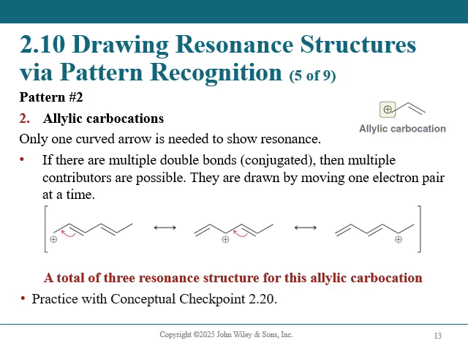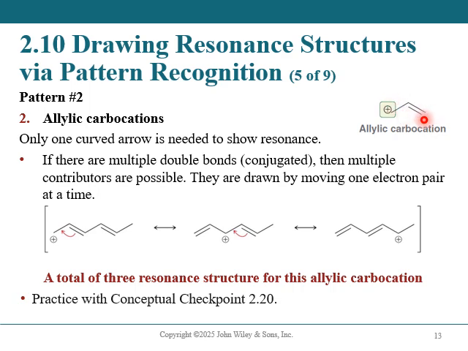Let's look at that second pattern, allylic carbocations. Only one curved arrow is needed to show resonance in this scenario. So here, for instance, this will be my allylic carbocation. So my double bond, and then adjacent to it, I have that positive charge. So what will happen is that the second pair here in the double bond will migrate here, right? And it will neutralize them, and then the positive charge sort of